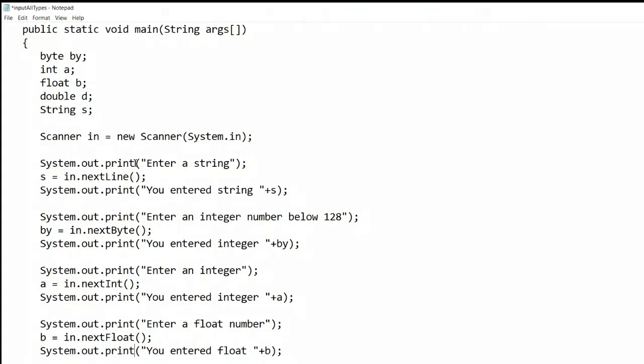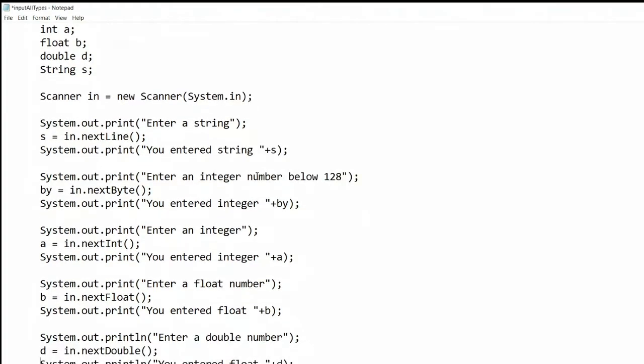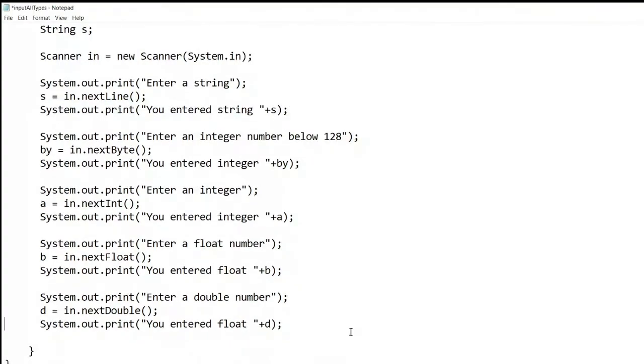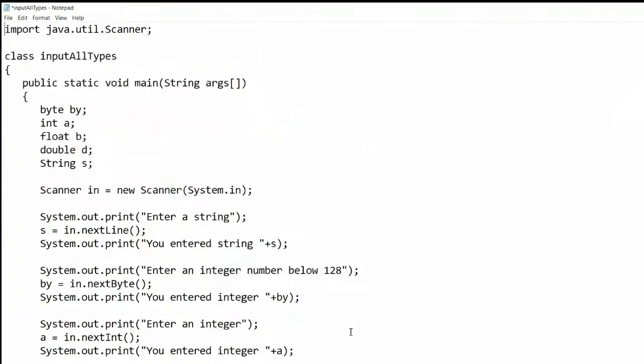If I remove this ln, it will print in a single row and will not go to a new row. System.out.print is also used for printing the value, but it will print all the values in a single row. So I have removed all the println statements and replaced them with print. Correct or not?